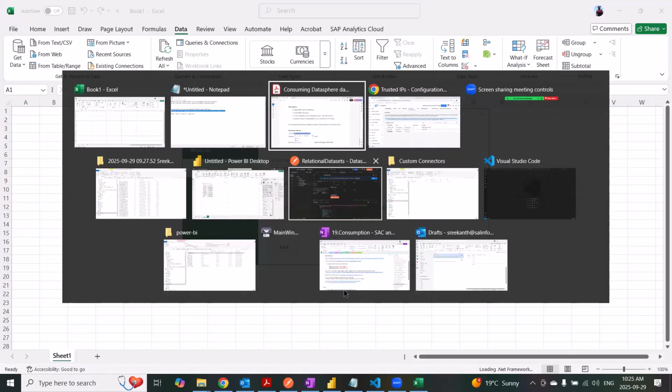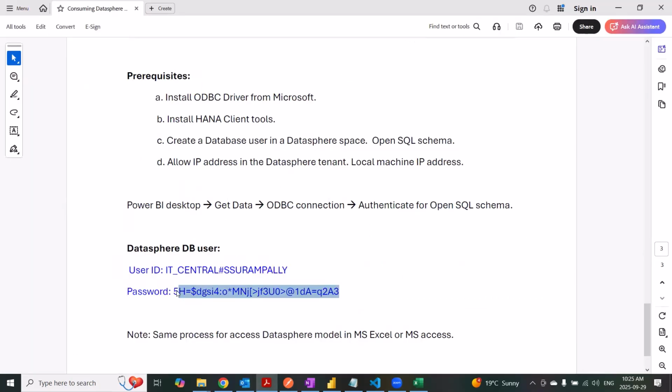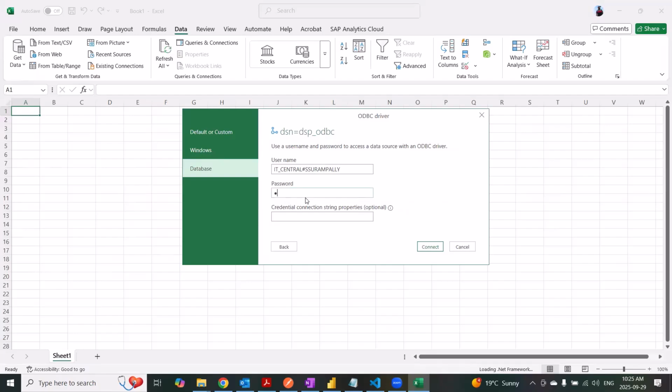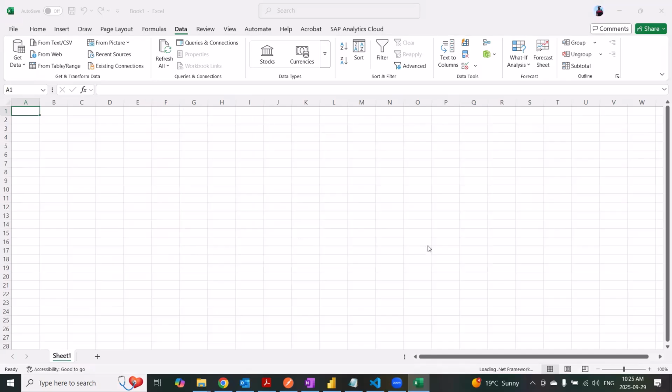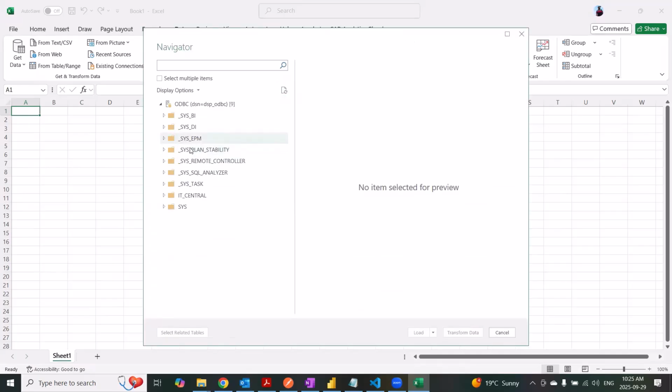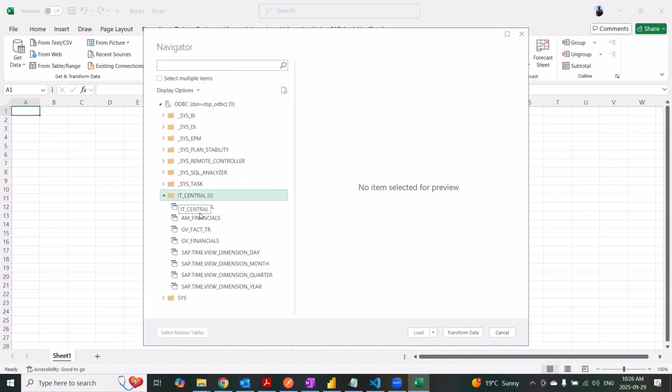Oh, it's actually 5, and then for everything else, say connect. Okay, now that's it. It is connected to my Datasphere HANA cloud system, OpenSQL schema. Now you can see all the schemas that are visible to the database user I created in the space. Since all the objects are going to be in IT Central, I have the IT Central space selected,